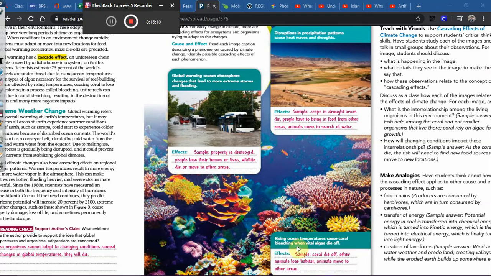Looking at rising ocean temperatures, they cause coral bleaching when vital algae die off. I have a video that explains exactly how this works. It's a short one, but I saw this firsthand when I was in Hawaii in 2009. I was married, and for our honeymoon, we went to Hawaii, and I got to do some scuba diving. I went to the touristy place, and then we also took a boat off the shore of Kauai, which is a smaller island, and we got to do some snorkeling around there.